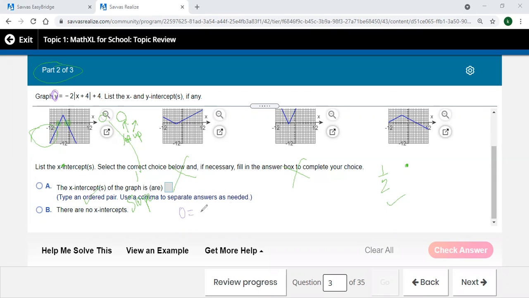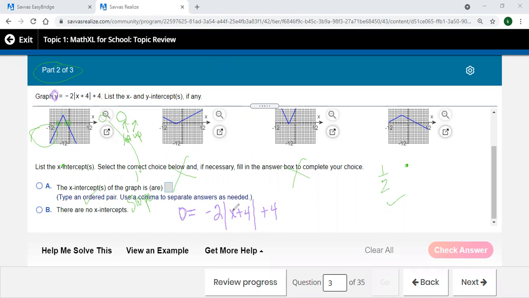So I've got 0 equals, like this pen is really skinny. I'd like it to be a little heavier line to show up a little better. Let's see if this, there we go, that's better. 0 equals, and we've got the -2 absolute value of x plus 4 in absolute value and a +4 on the outside. All right, now the next step you need to kind of use here is get the absolute value